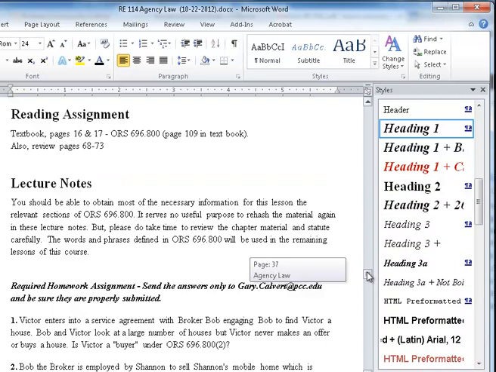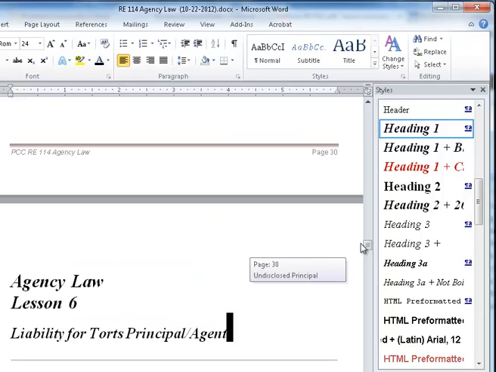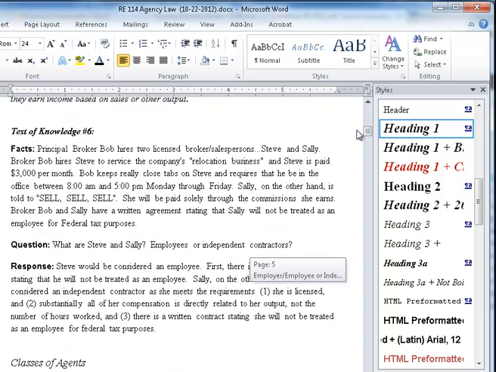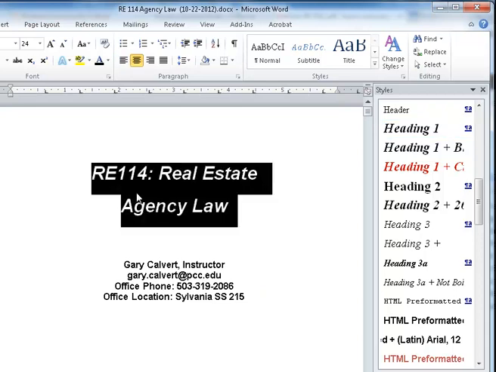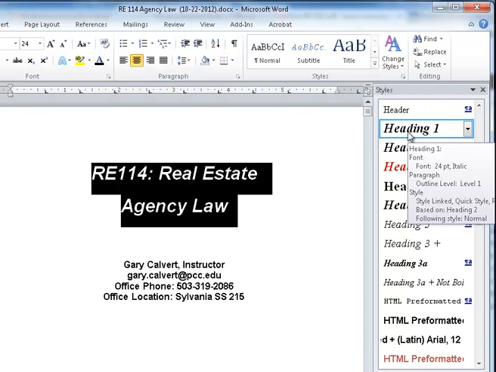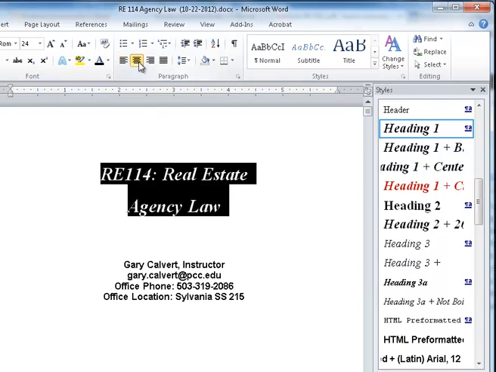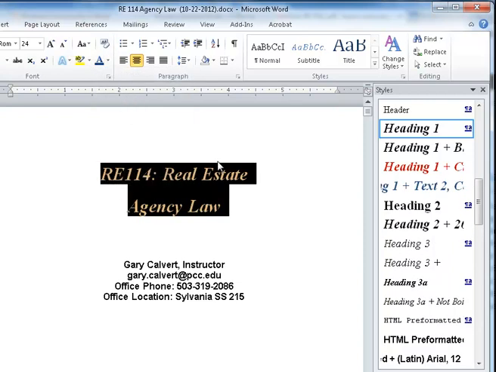But more importantly is to go through and make sure that headings are applied. So if I go to the beginning of the document, really for an online document, this should be marked up as the heading 1, and it should be the only heading 1 in the document. I can center it if I'd like, I can change the color of it if I'd like, but it's still marked up as heading 1, even though, well,